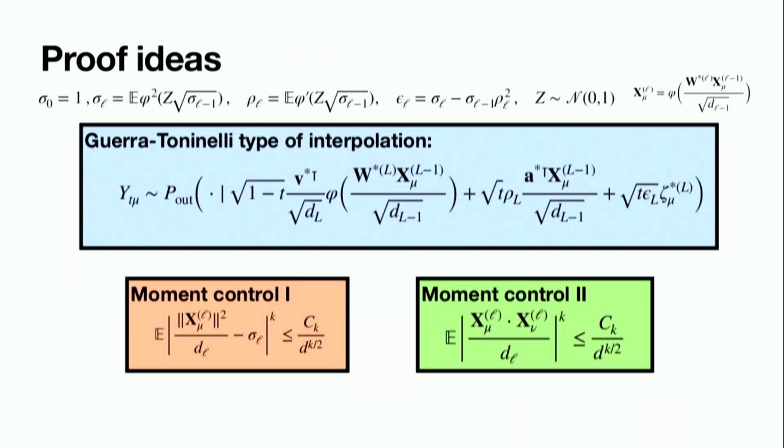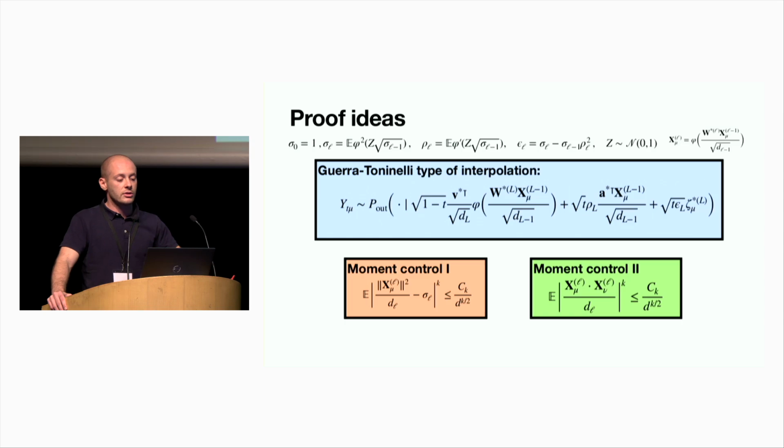So just a hint of the proof: the core idea is a Guerra-Toninelli type of interpolation, which is very popular in spin-glass theory. What we do is to construct an interpolating data set and an interpolating teacher by means of this continuous parameter t that ranges from 0 to 1. So at t equals 0, these labels are distributed as the ones of the original model. At t equals 1, instead, you have completely forgotten about the nonlinearity. And in the middle, if you control derivatives of the interpolating mutual information, which will also depend on d, with respect to t, and you prove they are small, basically, you have proved our result. This is the main idea.